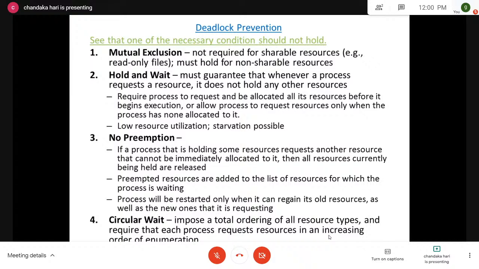Already I told that your computer system is equipped with 2 kinds of resources, shareable and non-shareable resources. We are not getting any deadlock situation with shareable resources. We are getting a deadlock situation only with non-shareable resources. Now, what are the necessary conditions which cause a deadlock? You should try to see that the necessary conditions never occur in a system. How can you do this? One scientist has given a solution: please remove